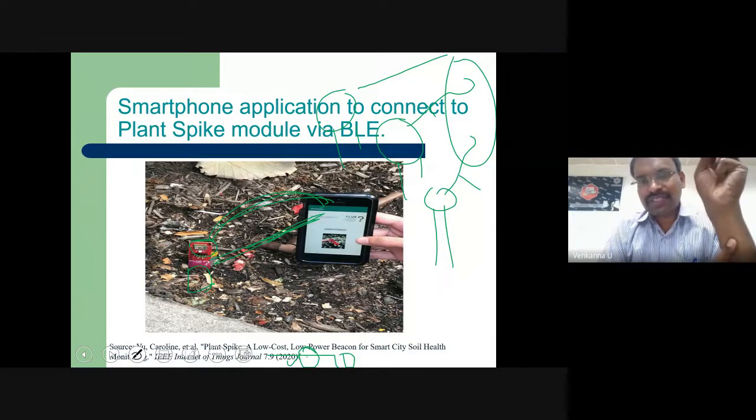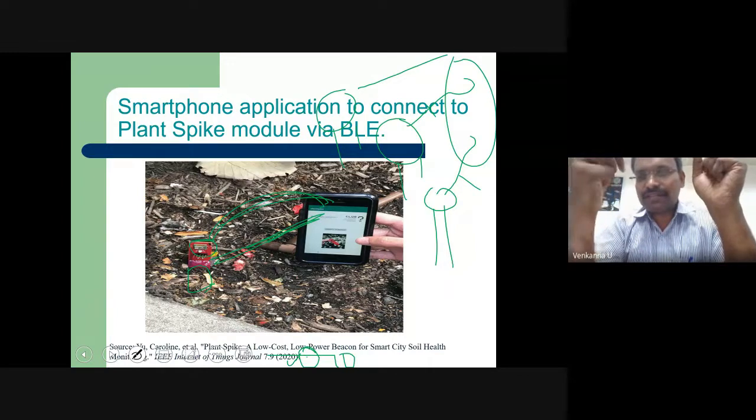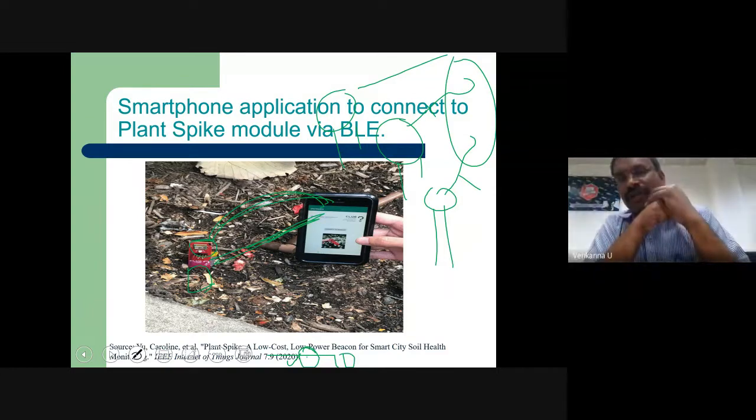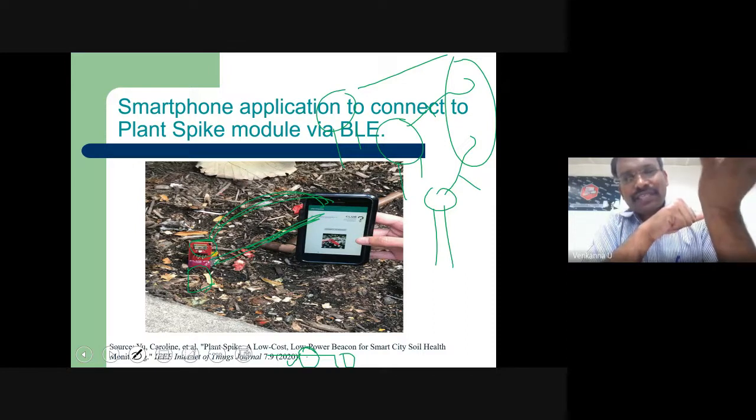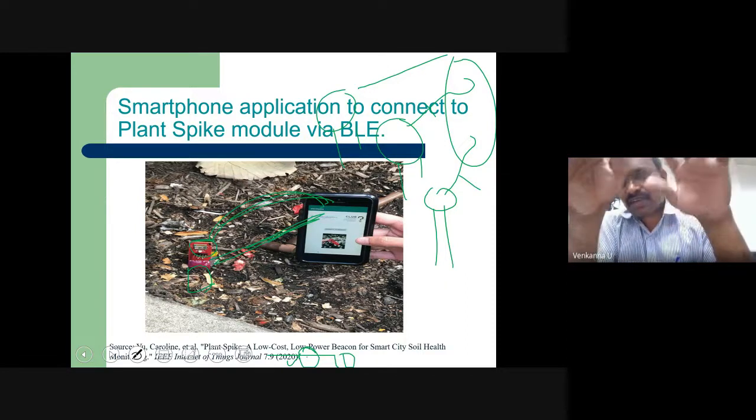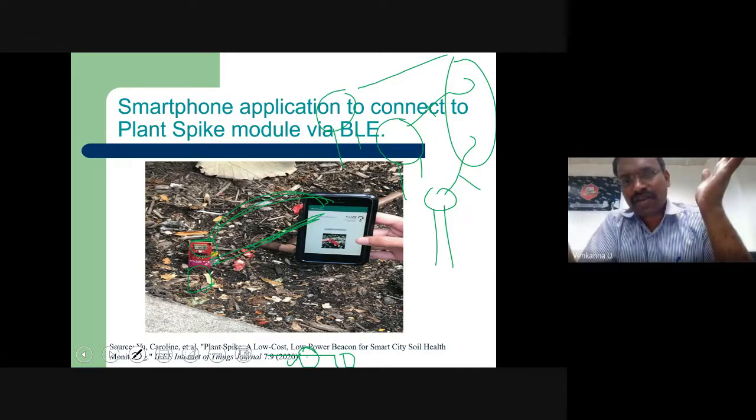With a simple mobile app, your duty is just to pass through the agriculture field with your Bluetooth switched on, so that all values are sensed and stored in a particular cloud or in your device. Now, this is a short range communication. Maybe it is cost effective, but it is short range. The second drawback is that the amount of data transfer is very, very small. It can transfer only a certain volume of data in a second, not more. But your moisture value is small in size, so it can be transferred. In this context, this is well suited, but in some other contexts, Bluetooth may not work.